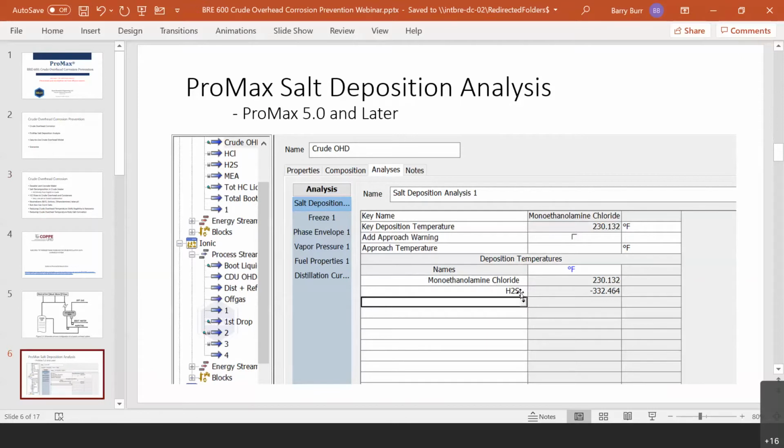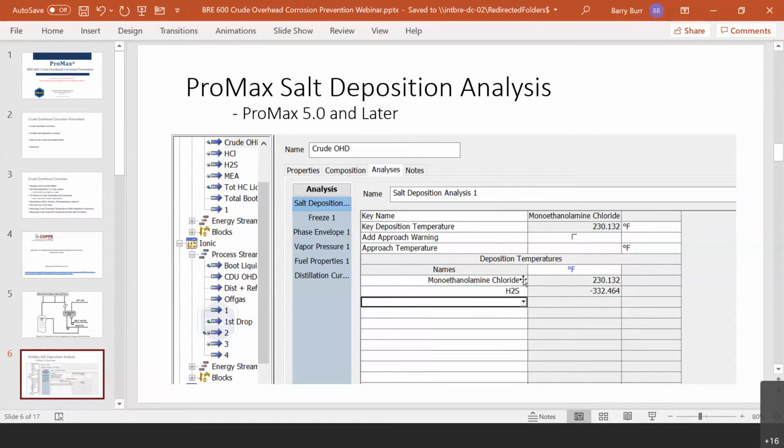In this case, I've selected the salt monoethanolamine chloride to have its salt point calculated, and then also just the pure component H2S. This is the temperature at which solid H2S would form, which is not going to happen, but it's something that we can calculate. So you just add this analysis like any other